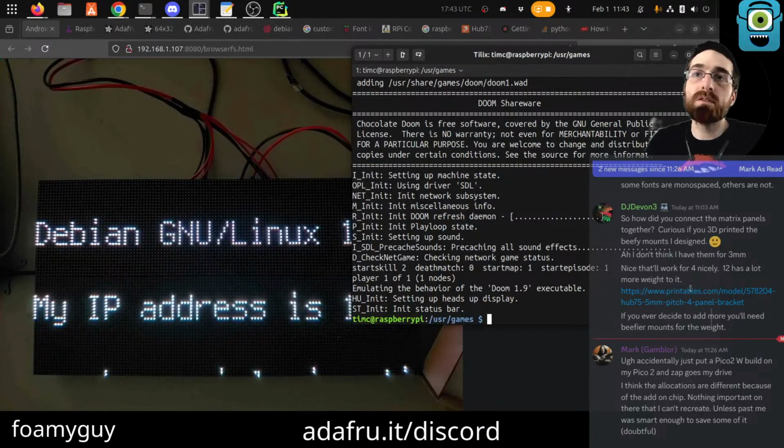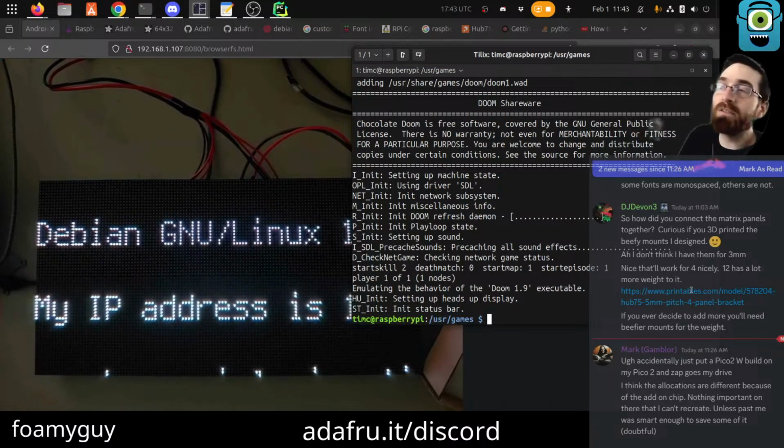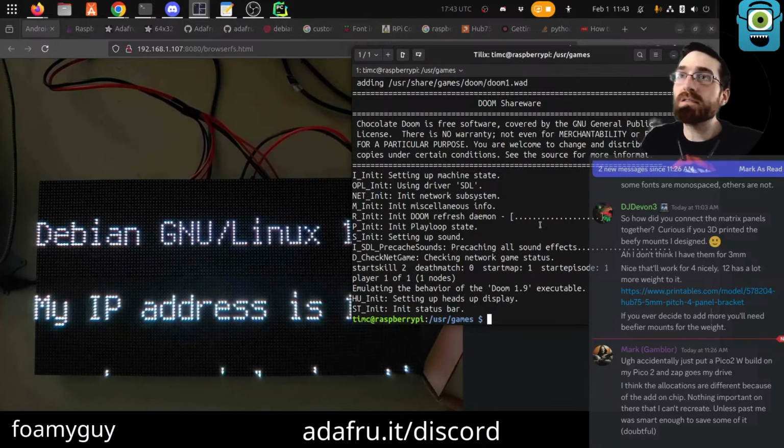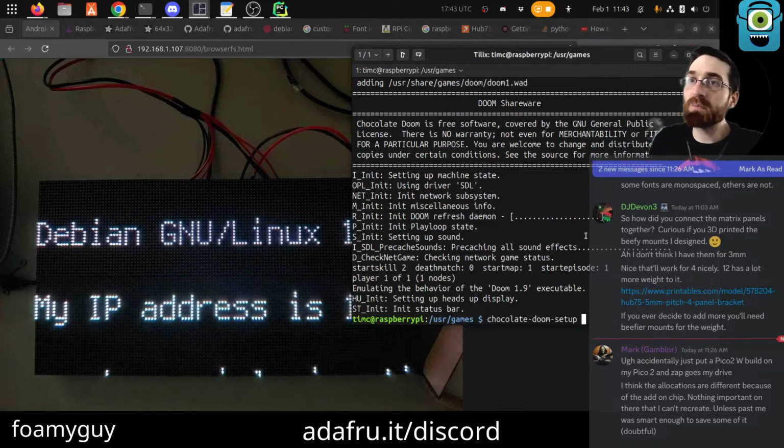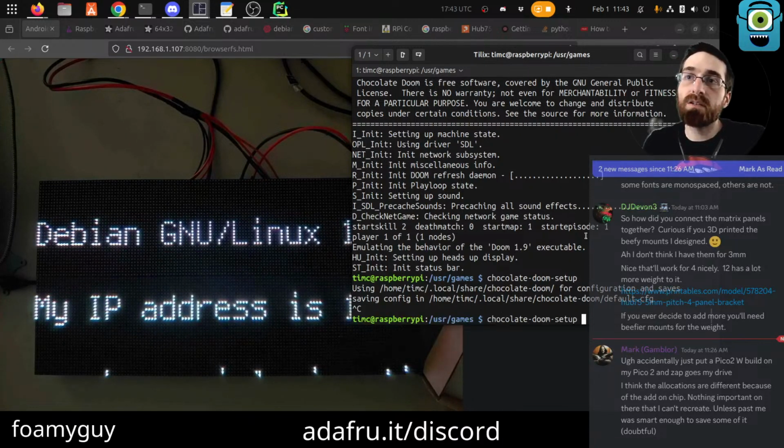Okay. What if I driver SDL. I wonder what would happen if I unplugged the HDMI. Because one thing I found before I figured out how to tell VLC to go explicitly to the frame buffer was if I unplugged the HDMI screen, I could get it to play through the matrix.